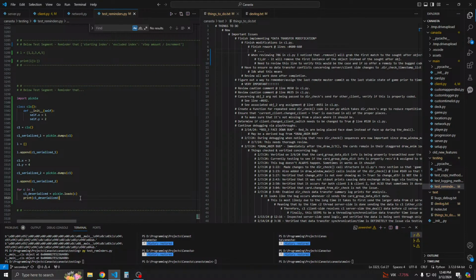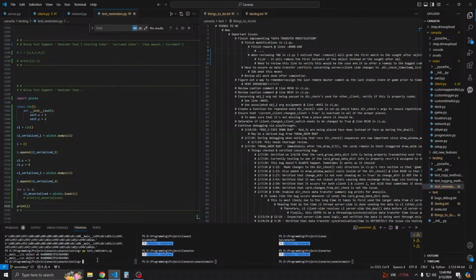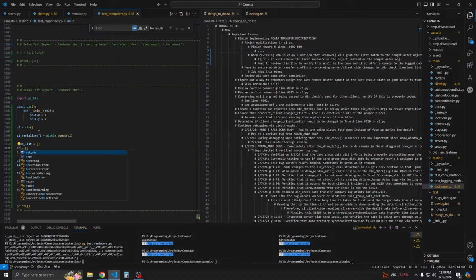Actually, we're gonna get rid of this line, and then we're gonna print L, because I want to verify that L does indeed reflect this. No, it doesn't, for whatever reason. So, okay, how about this? We'll say L1, and then we have L2. So we have the sending list, and what do we call this? Send list, and this will be the receive list. Yeah, there you go. So we have the send list and then the receive list. We want to append L to the send list, and then we want to,